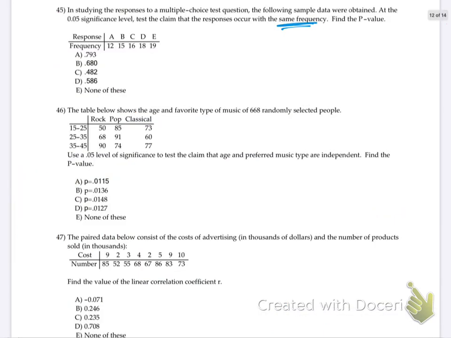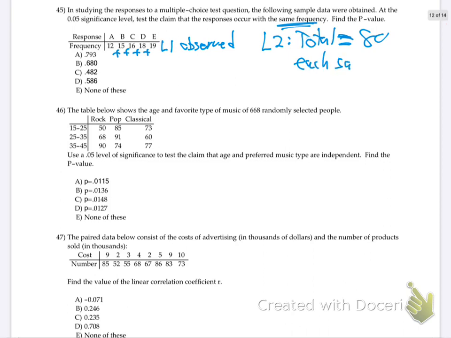So these are going to be our L1 because they're observed. And L2, how are we going to figure out L2? The total of all those numbers, what do they all total up to be? 80. You've done this problem so many times, huh? If you add all these numbers up, it totals 80. And then if they're each the same,